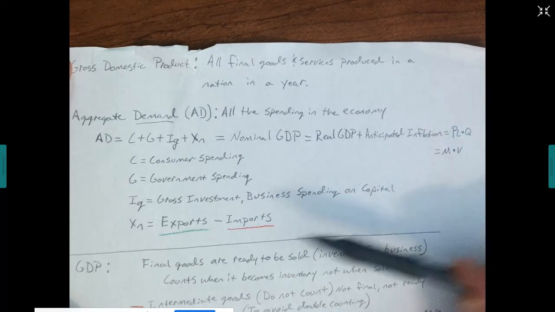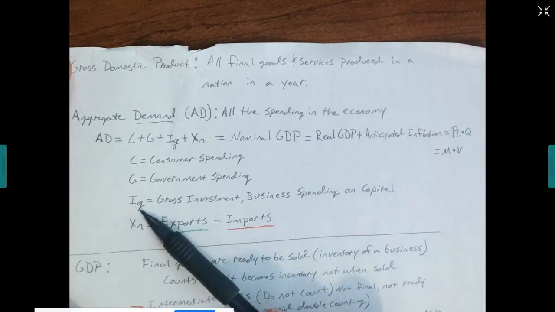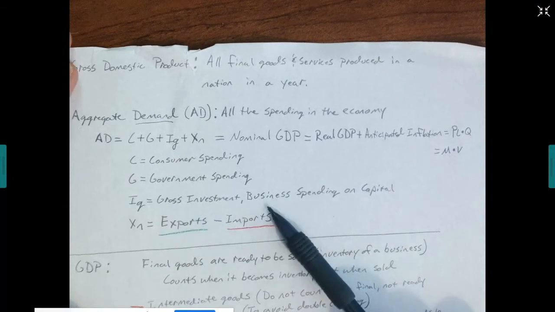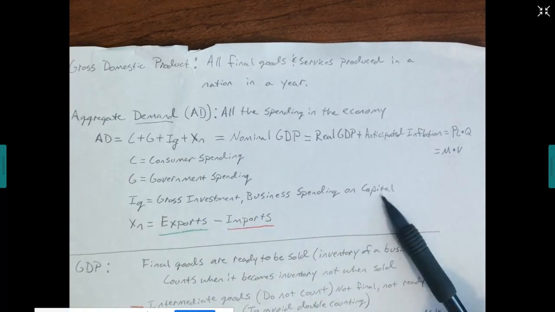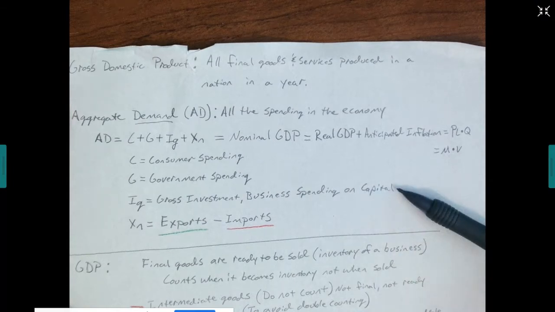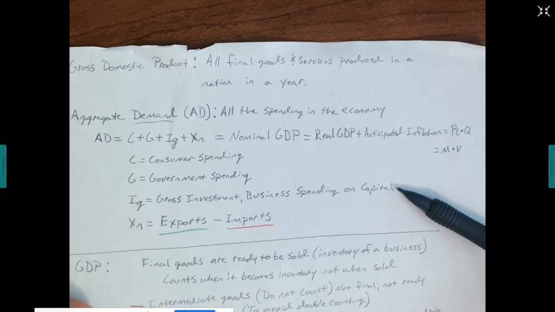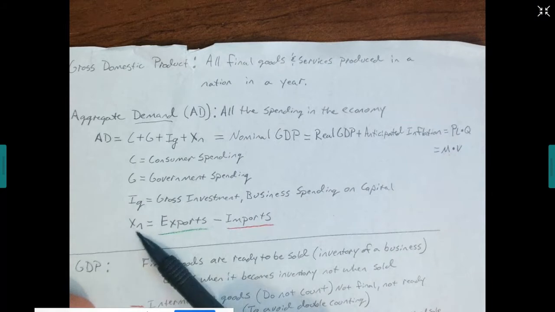Please note that I sub G, this gross investment, is business spending on capital. We've noted before that capital has the ability to move supply. I sub G, or capital spending, is one of the few components that has the ability to move both demand and supply. In regards to the foreign sector,